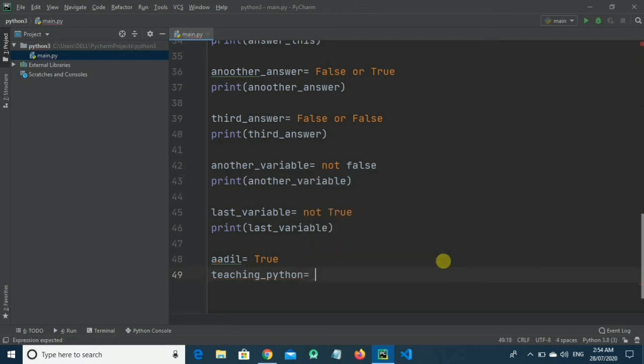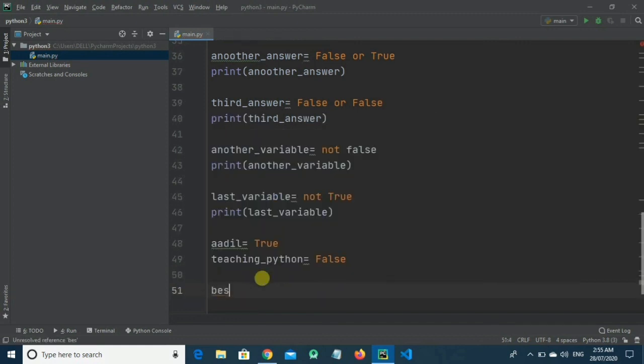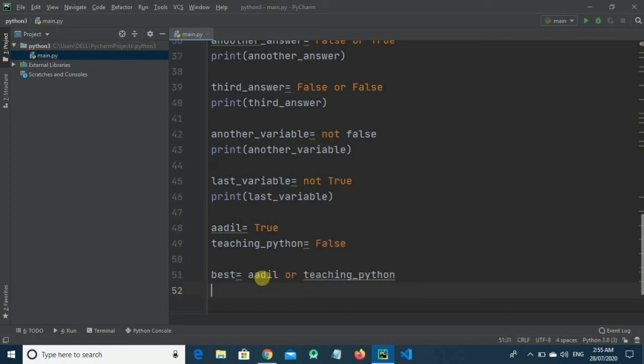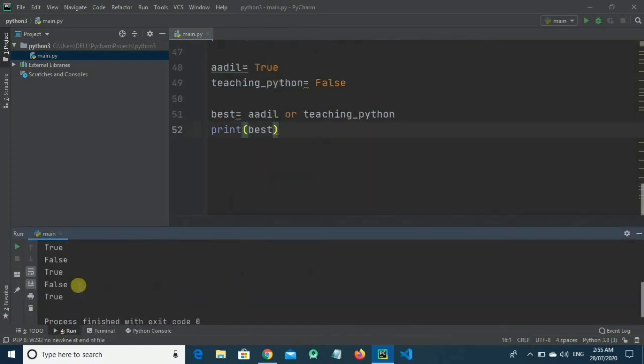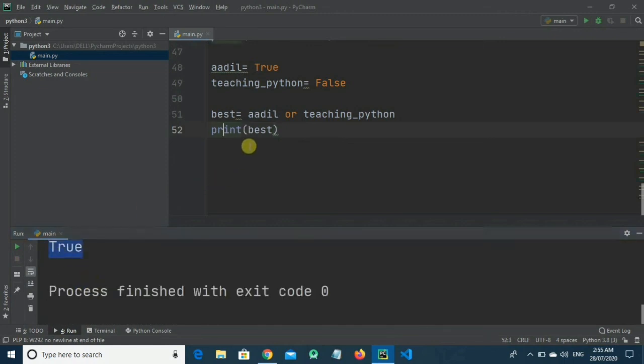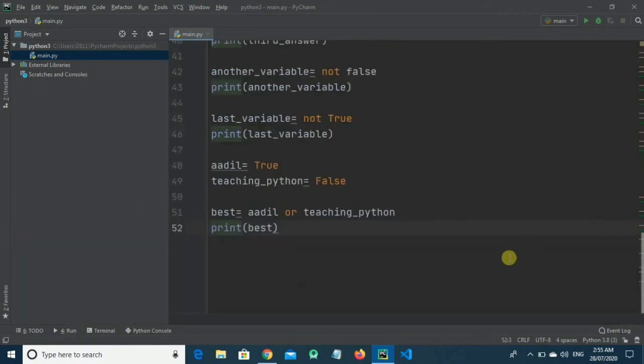So let's declare a third variable, best, equals Adil or teaching Python, and print best. Now let's run the program and see the result. The result is true, because Adil is equal to true and teaching Python is equal to false, and Adil or teaching Python becomes true or false, which equals true.